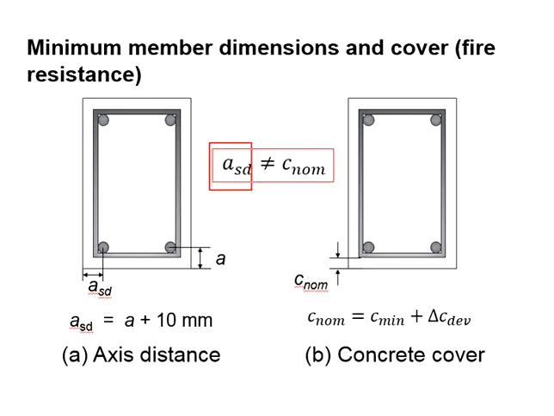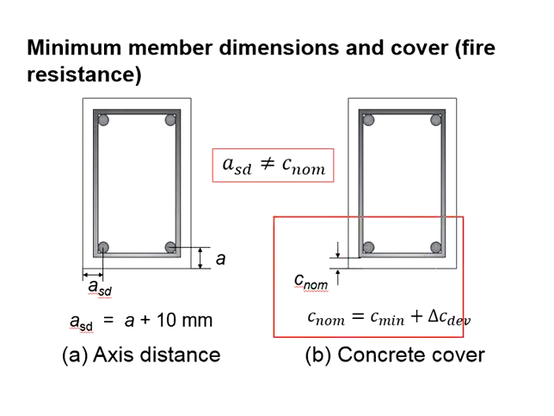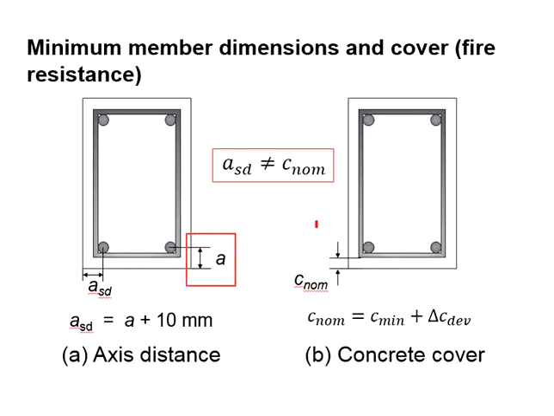Now, knowing that the axis distance is not the same as the concrete cover, the next thing that you need to know is that they can influence each other. In the typical design process of a reinforced concrete beam, you will need to determine the concrete cover required. And then, based on the fire rating, you also determine the axis distance. Since they are measured at different locations, you will need to do some simple calculations to compare the final cover